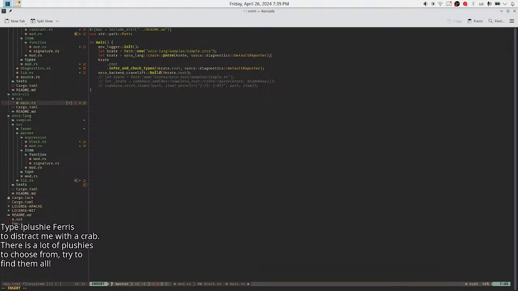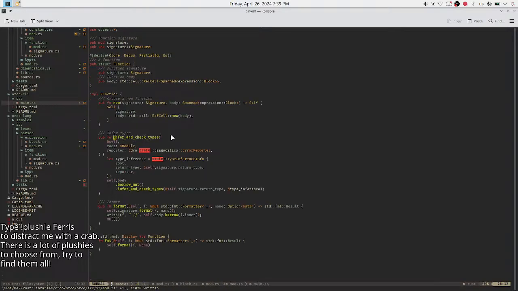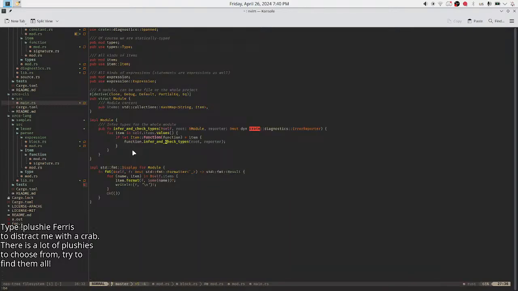Default reporter. I mean, I'm just gonna do this, I guess. Then make it mutable. I wonder why. I mean, I didn't really do anything for this. This should be mutable. This should be mutable. This will have to be mutable here as well, and then fix it in type inference.